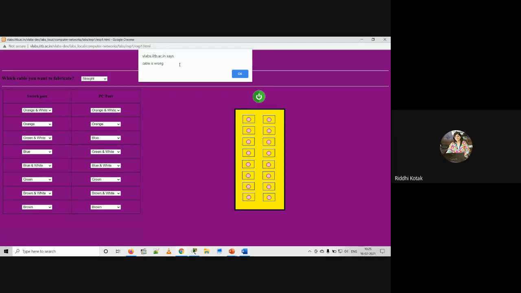But at any point if you interchange the sequence of the cable, you are not able to connect the internet with your system, right? So at that time, if you run the ping command, you will not get any kind of response. So that's how you can identify whether the sequence you have maintained for the cable is correct or not. Okay, so this is the importance of this color sequence and cable.